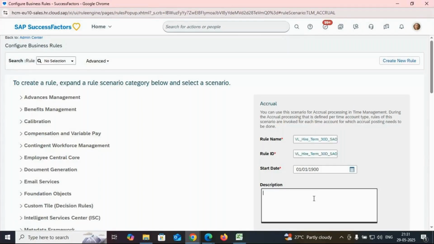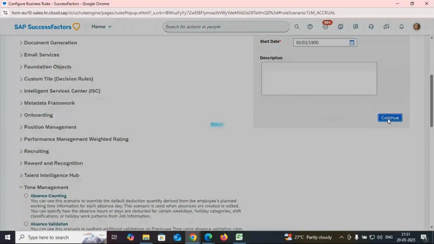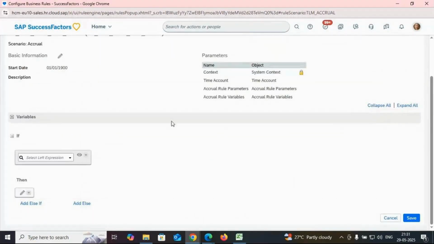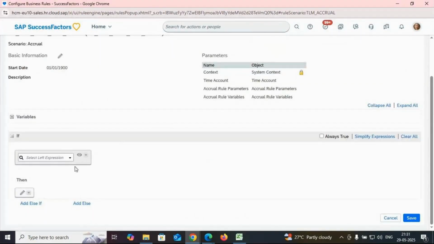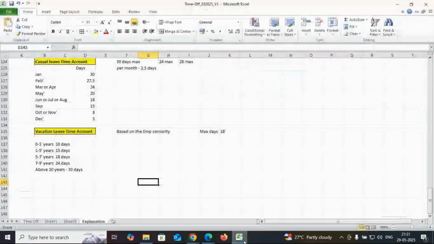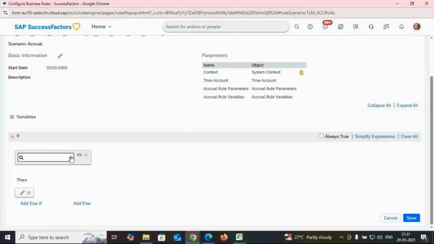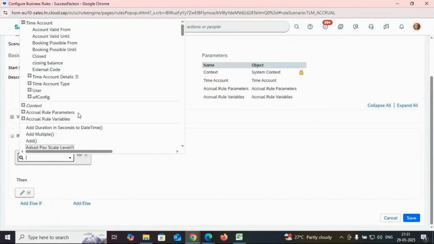Don't use it for the time being. I know some functions: date plus, day of month, month of the year, difference in calendar years, and others. So, accrual vacation leave,